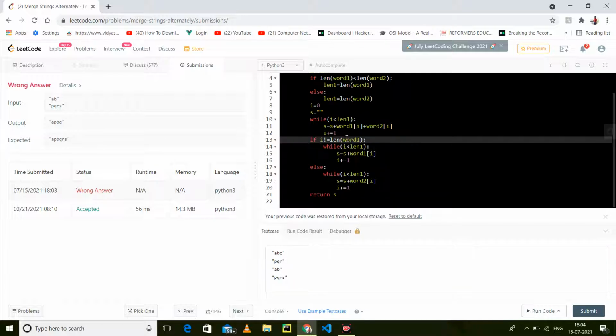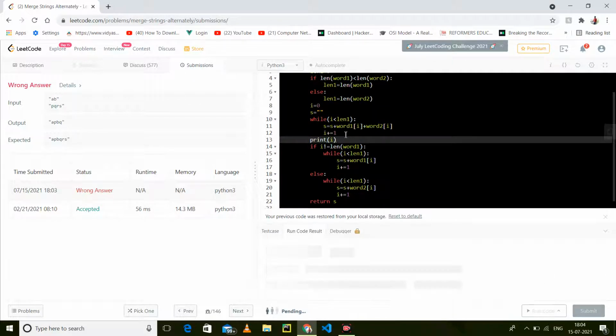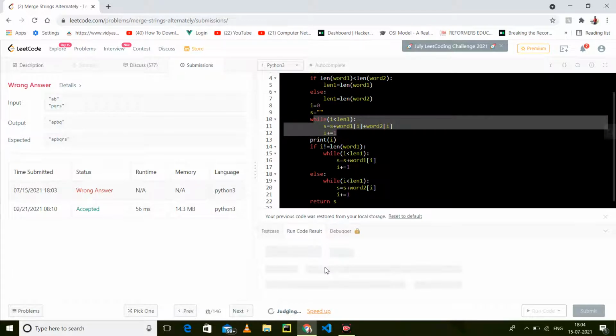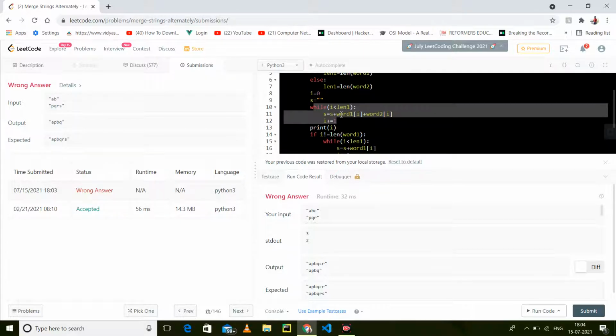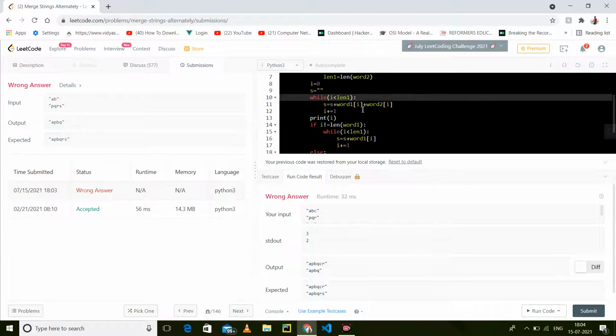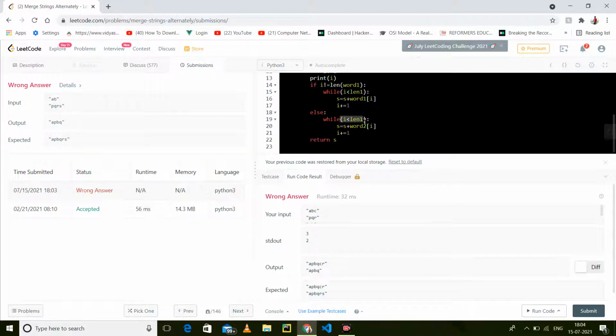But in this case, let's first check what our i is at the end. I will show you what i is at the end when it comes out of the loop. So it is 3 and it is 2. Now see that it is 2. Why? Because we have taken the smallest length, and that will go till 2. Then 2 is less than the length of word1, it is wrong, so it will come here. 2 is less than the length of, okay, it is correct, so it will traverse this and we have to return this. Okay, so it is correct, I think.